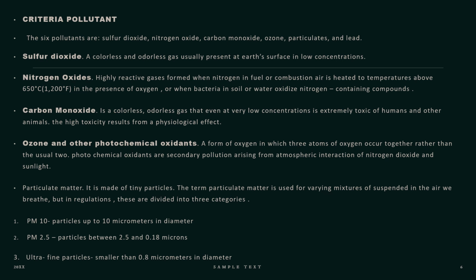Criteria pollutants. There are six pollutants named, which are sulfur dioxide, nitrogen oxide, carbon monoxide, ozone, particulates, and lead. For particulate matter, there are three types of particles: PM10, particles up to 10 micrometers in diameter, and PM2.5, particles between 2.5 and 0.18